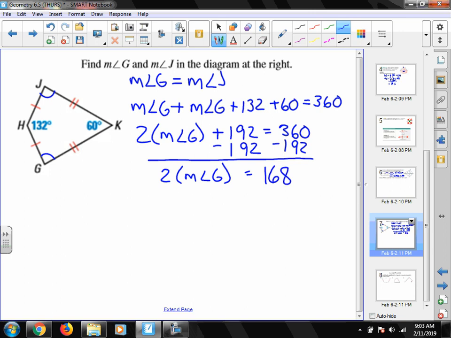Since I'm multiplying measure of angle G by 2, I'm going to divide both sides by 2. I'm going to get that the measure of angle G is equal to 84. Since the measure of angle G is 84 degrees, measure of angle J also has to be 84 degrees because they are our one set of congruent angles. So those are going to be equal. Okay,